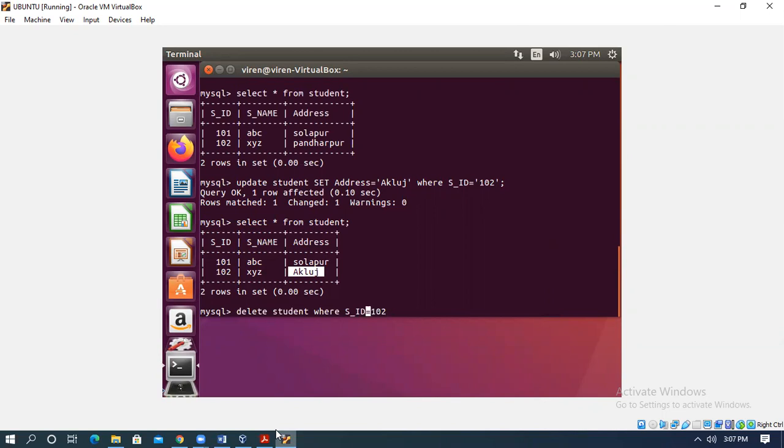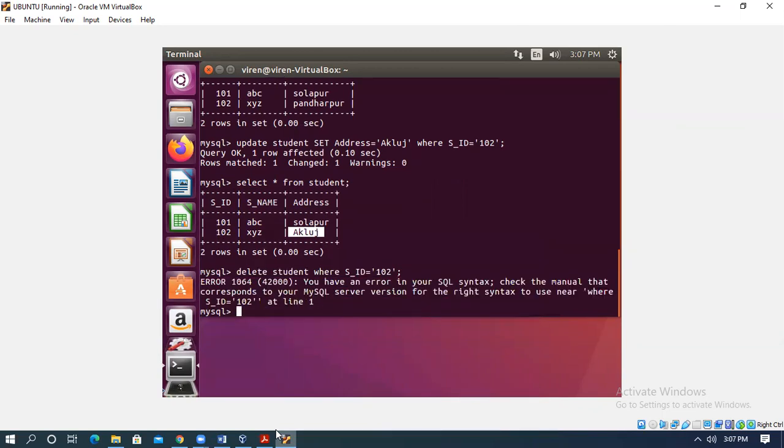You should write it in single inverted commas, semicolon. Query complete. Okay, something is wrong. Delete student, where SID equal to.